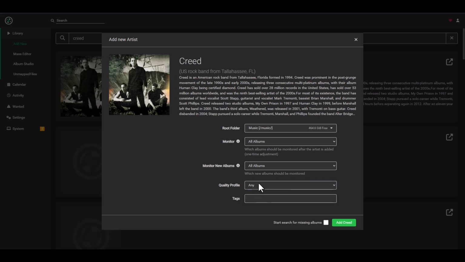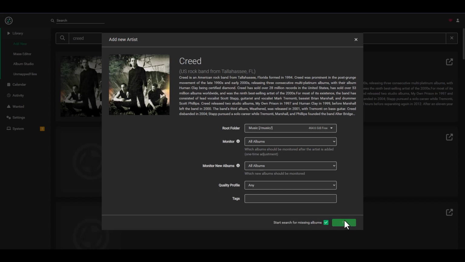For me, any is fine because we have configured the Linux mod that converts FLAC files to MP3 files. So now we just make sure we select where it says start search for missing albums, so that it'll trigger it to start looking for the albums immediately after we add the artist,